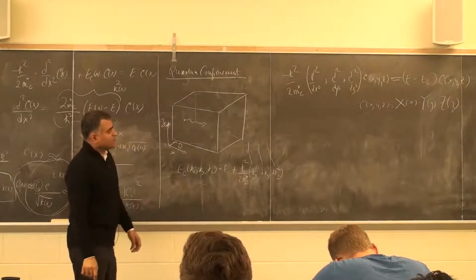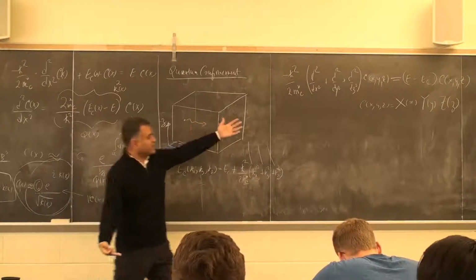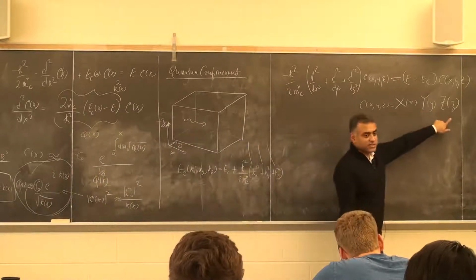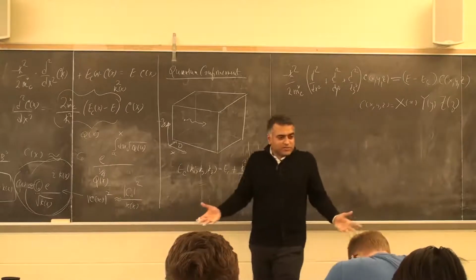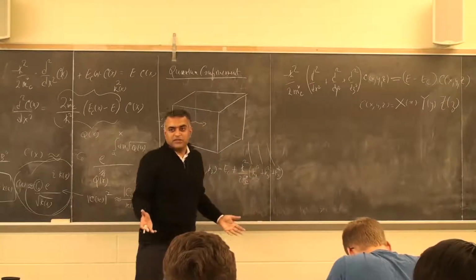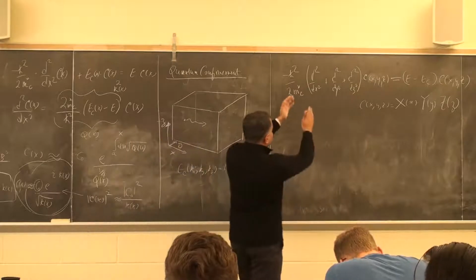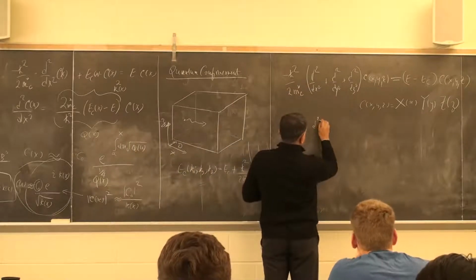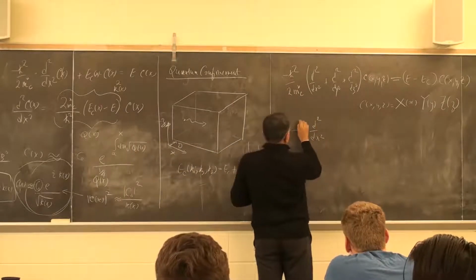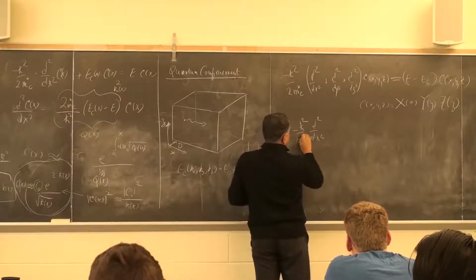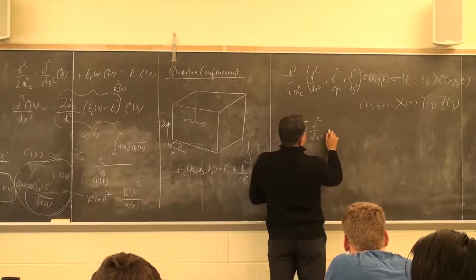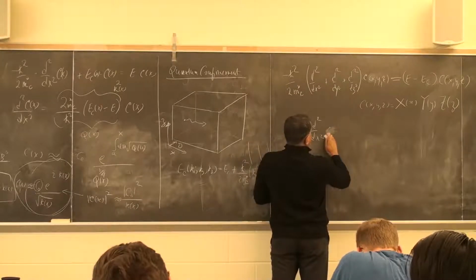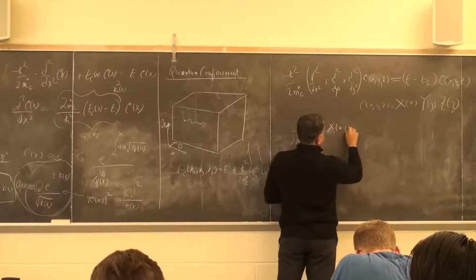Maybe you can tell me what will be these functions big X, big Y, and big Z. Same as in the 1 dimension. So it will be basically a plane wave, because it really has decomposed into three equations now: minus h bar squared over 2m star d2 by dx squared of big X of x is equal to E times big X. Let's write it as big X of x is equal to